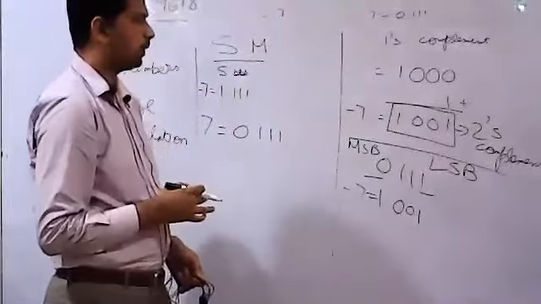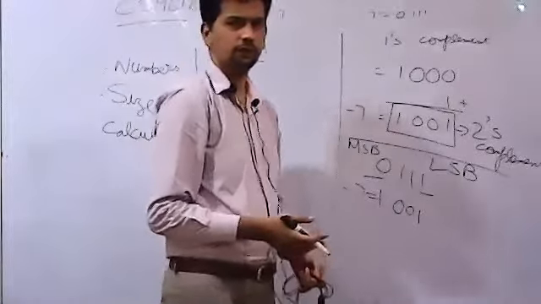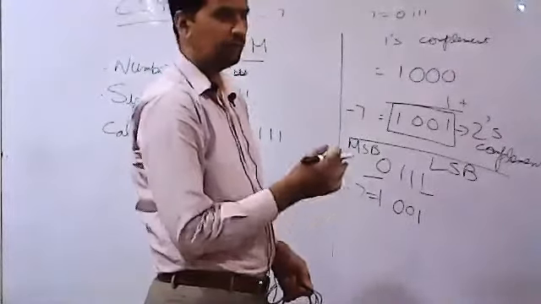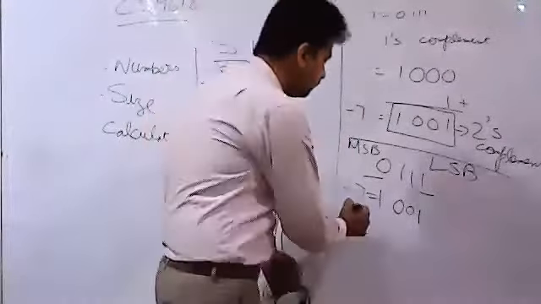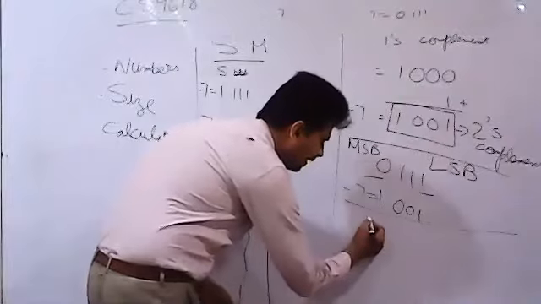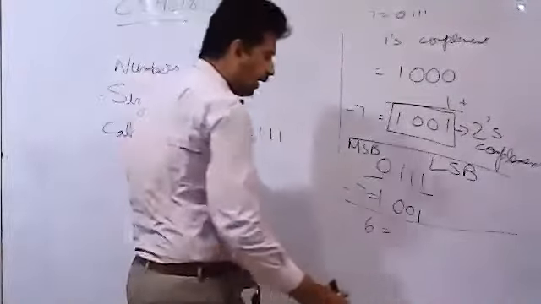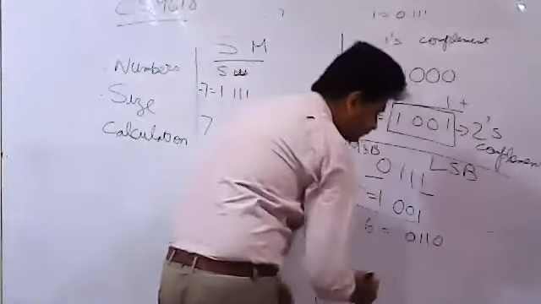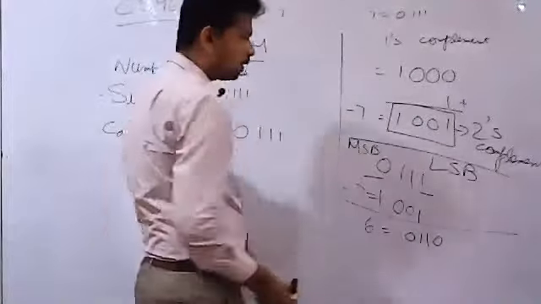To take the 2's complement directly without taking the 1's complement, scan the values from the right, and wherever you have the 1, keep the value the same till that point and then reverse the value. Let me just do one more example. For example, I have to represent -6. I'm going to write the 6, and I'm representing it in 4 bits, so it would be 0110.